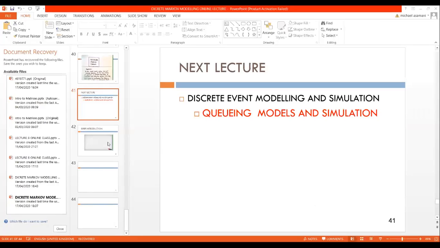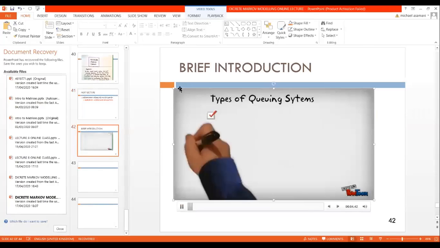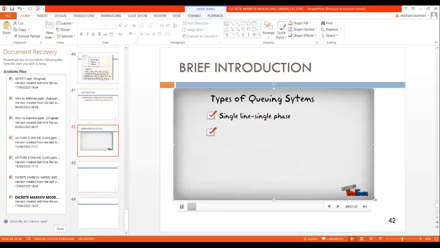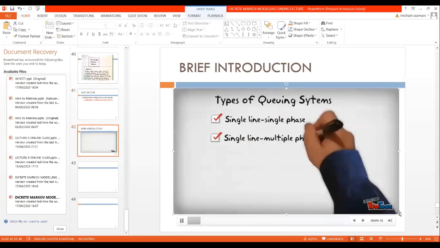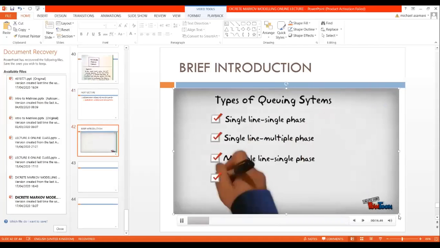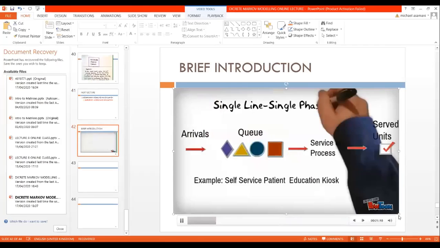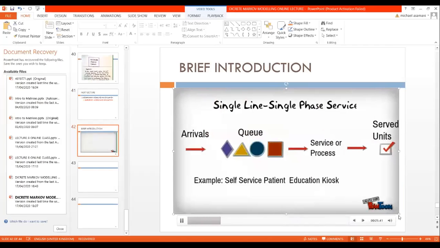So we'll be looking at queuing models. There's a video I wanted to play, but I'm sure that will also give us a little bit of a challenge. It talks about the types of queues, if you can see it. Okay, no need for the volume, I'll explain that. So we can have the single line, single phase. We can also have single line, multiple phase. We can have the multiple line, single phase, and then we can have multiple line, multiple phases. So this is a single line, single phase scenario where you have a single queue, okay, arrivals, and then we have a single service process. So example, it says self-service patient,